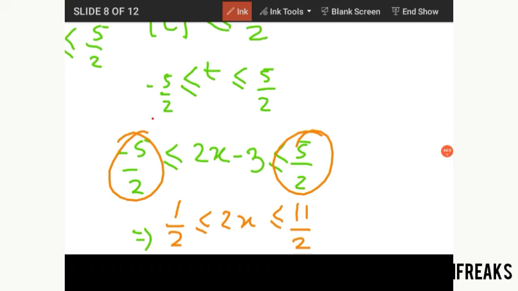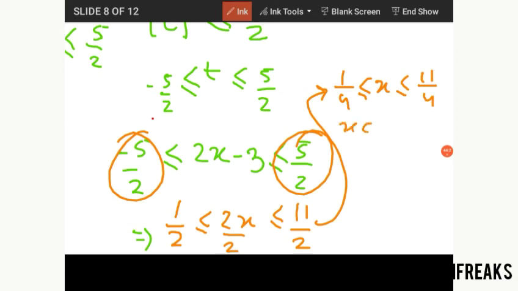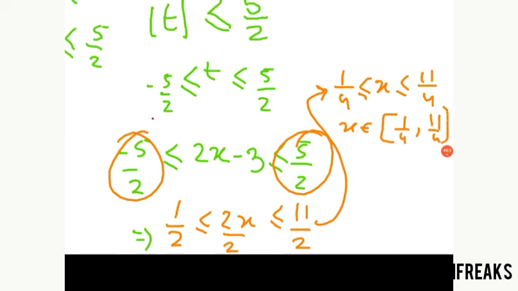So we have to eliminate 2 from here as well. To eliminate 2, we have to divide it by 2. Since we have divided it by 2, we have to divide both the sides by 2. So finally, after you do all of this, you are going to get the range of x is 1 by 4 to 11 by 4. So you can write x belongs to included 1 by 4 comma 11 by 4. Correct? I hope you understood this